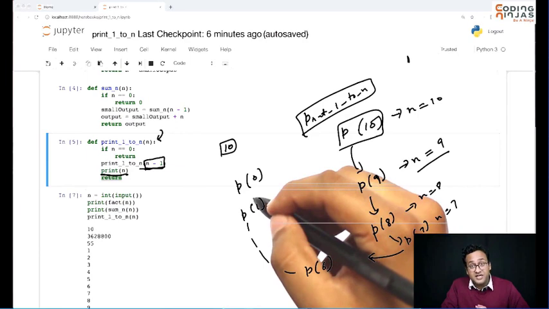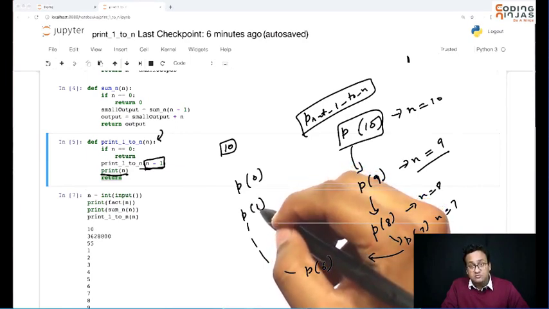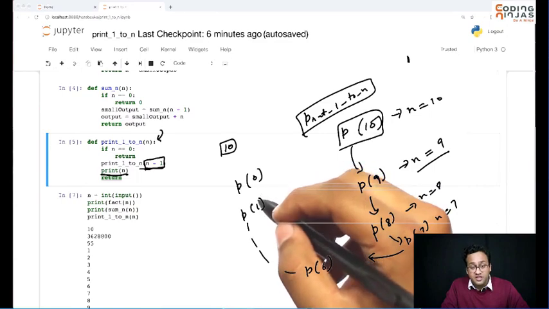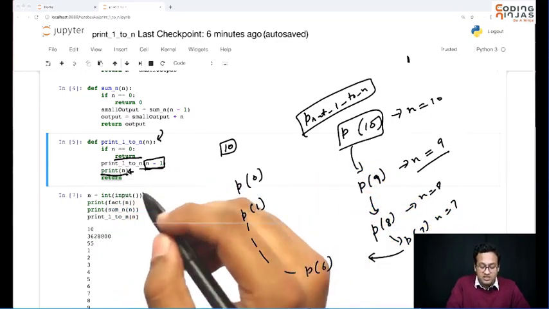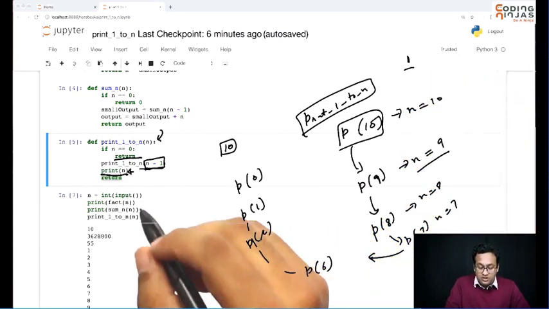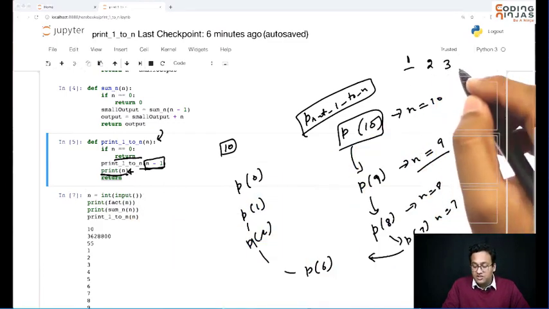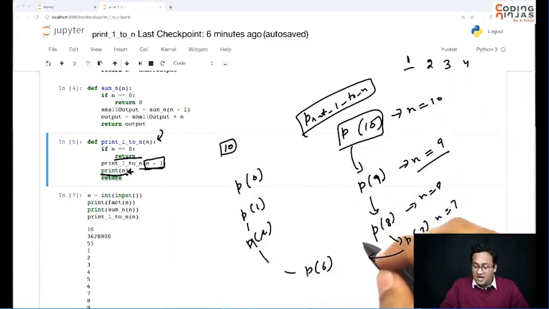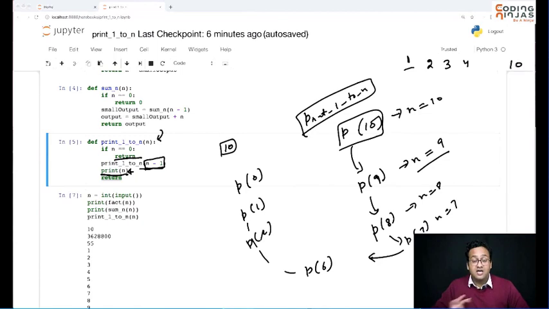So no one has printed anything until you reach P0. After P0 returns from the base case, P1 is going to print 1. Then P2, who was waiting for P1, is going to print 2, P3 is going to print 3, P4 is going to print 4, and so on. Eventually P10 is going to print 10, and that's how we are getting our output.